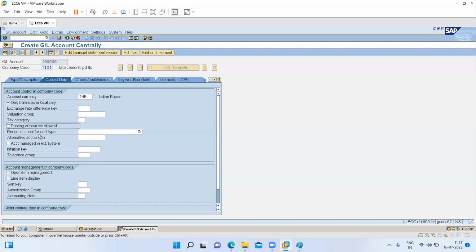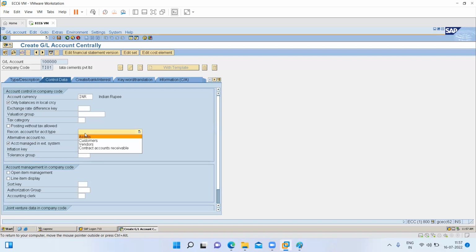Every field is very important. As a consultant, we should know about every field, because at the user level they will sometimes get more issues on master data. So while we have to explain to them the importance of the field, as a consultant, we should know about each and every field. That is why I'm explaining each and every field. Okay. Next,